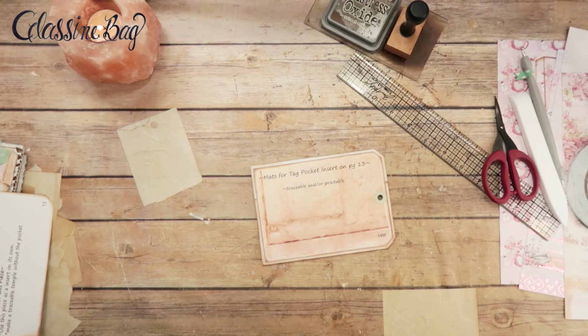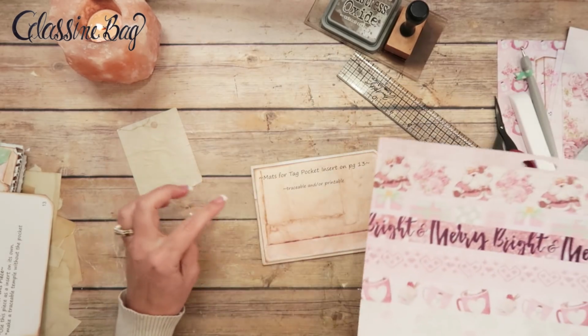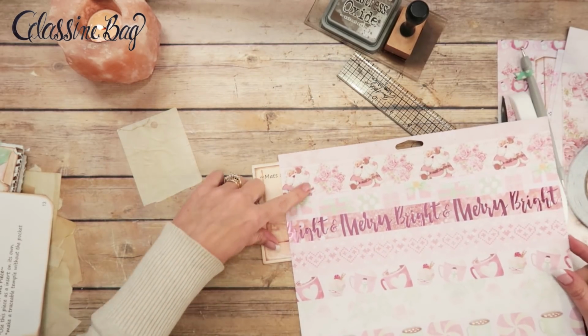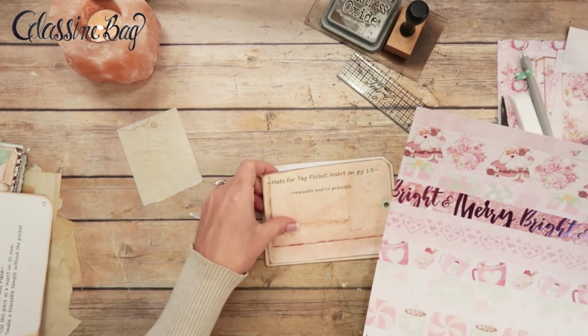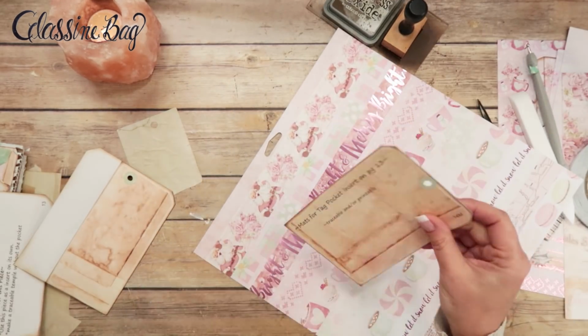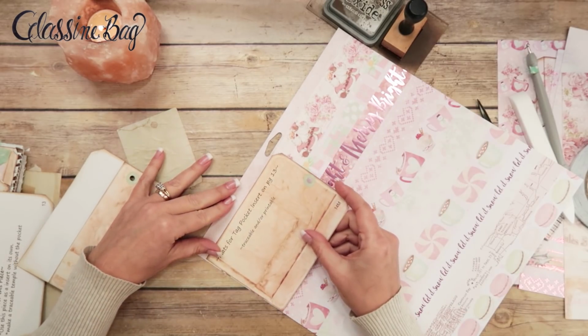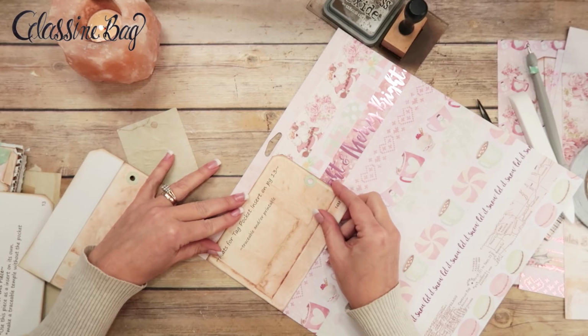Alright, now I just need to find some paper. I think I'm going to use this one. Oh, that's cute. Little Santas. Maybe I can proportion it just right to where we can have a little roll of Santas on there. So I'm going to take the mat for page 13, which is 14M, and I'm going to lay it on here